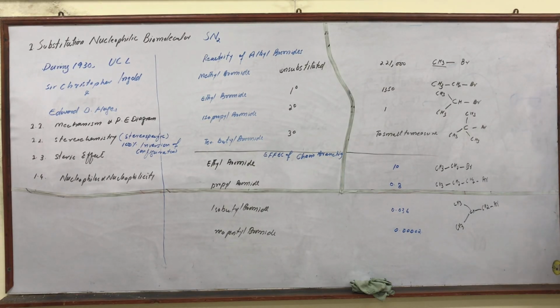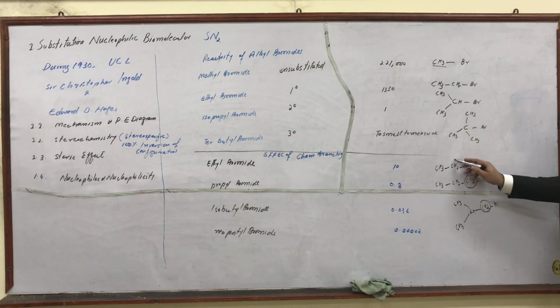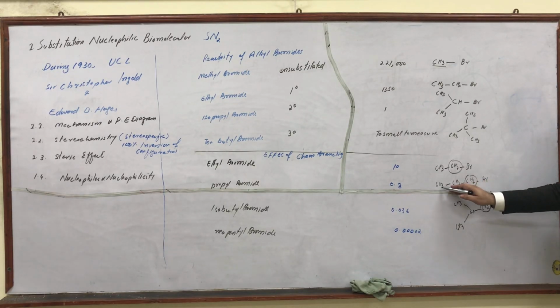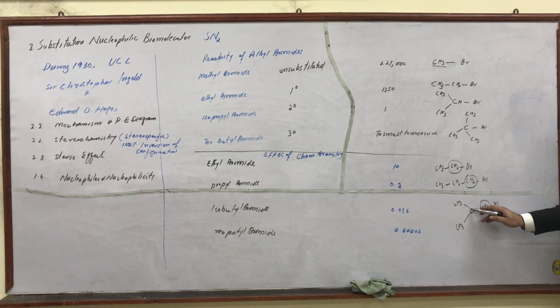So this is isobutyl bromide. In this case, we can see this carbon atom is common for all these three molecules. Here is CH2, CH2, CH2. But what is happening? The next carbon, CH3, is substituted with one methyl group. In this case, this carbon is substituted with two carbon atoms. And for the last case, the neopentyl bromide,